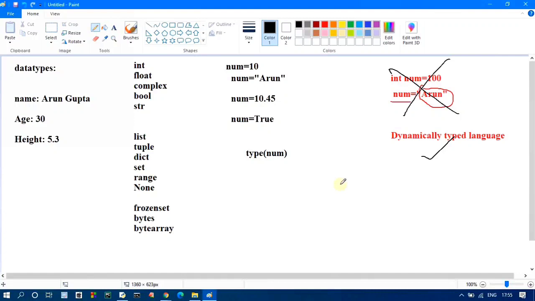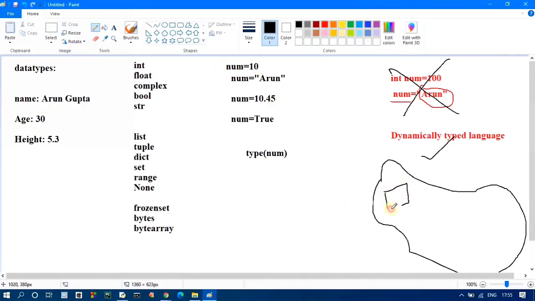Some memory is there. You declare some variable, so inside the memory some value is stored, and that value is referred to by the associated variable name. This memory location has some address.